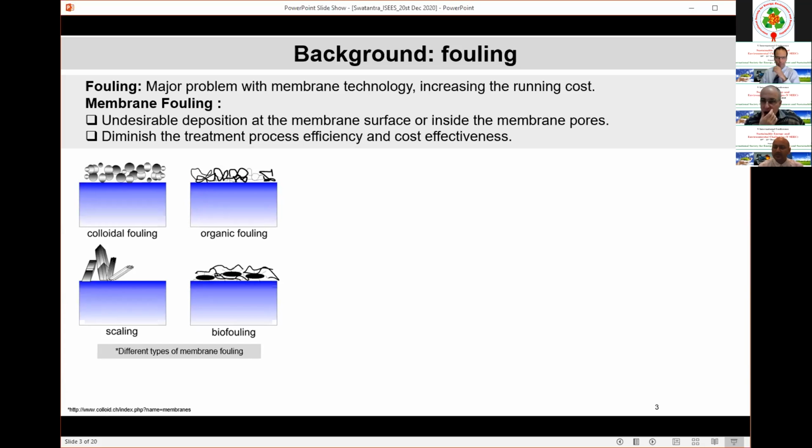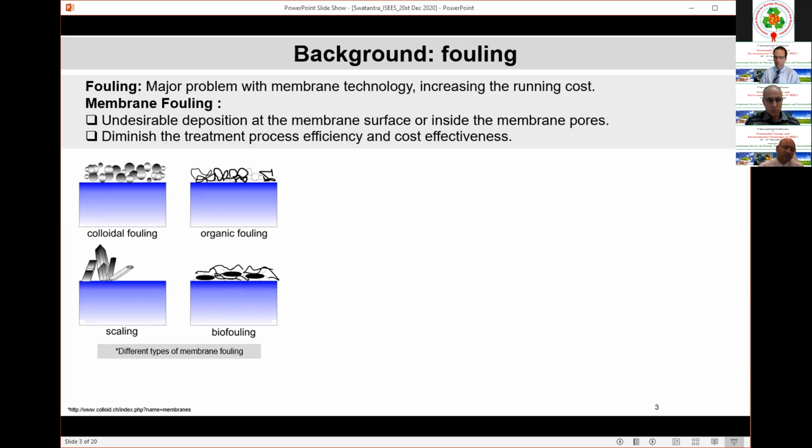Because if fouling happens, you are not able to get the desirable quality, and you also have to put in a lot of pressure. When we are talking about all these processes, ultrafiltration, nanofiltration, RO, you have to put in a lot of pressure, and then you have to invest in energy, which automatically increases the cost. Along with that, you have to spend a lot of money on cleaning these membranes, and sometimes they are irreversibly fouled, and in that case you have to replace the membrane. So generally, the lifetime of your membrane module is less.